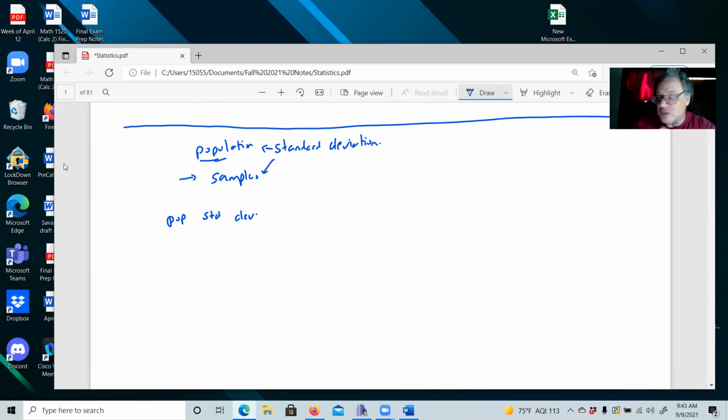Now, we use different symbols. The population numbers are usually Greek. So we use this, a small sigma. This is a Greek letter, sigma. Some people like to write it like that, with a little hat on it. I like to write mine as a sideways 6. Neither of these has a good authority saying it is more correct than the other, but this is easier for me to write, so that's how I do it.